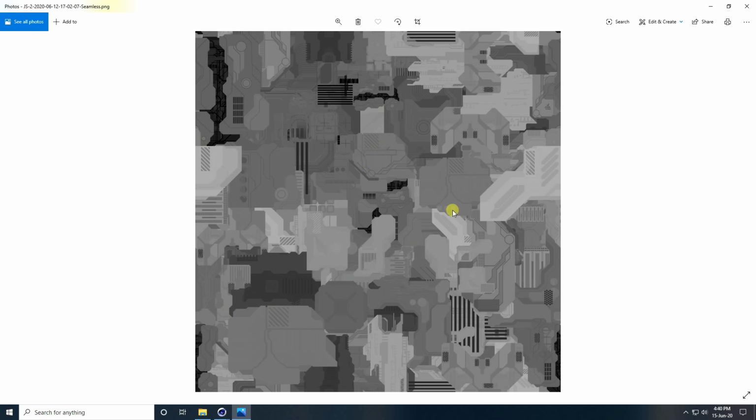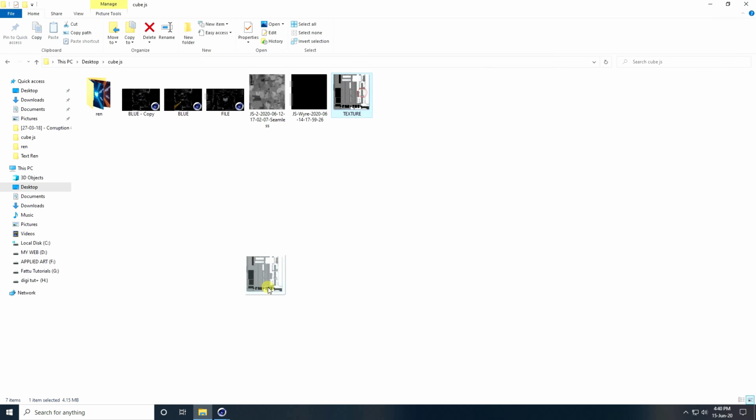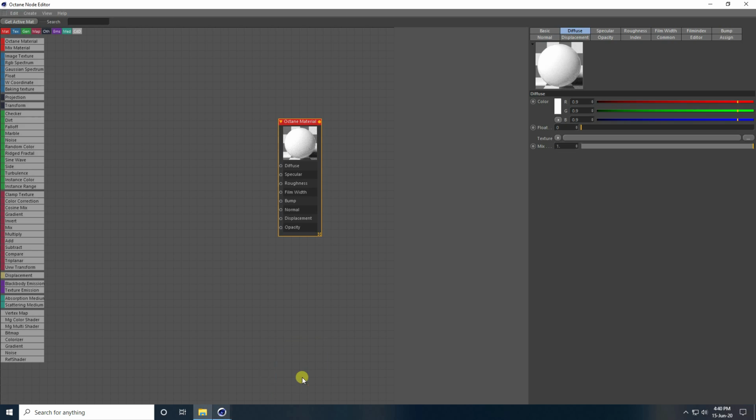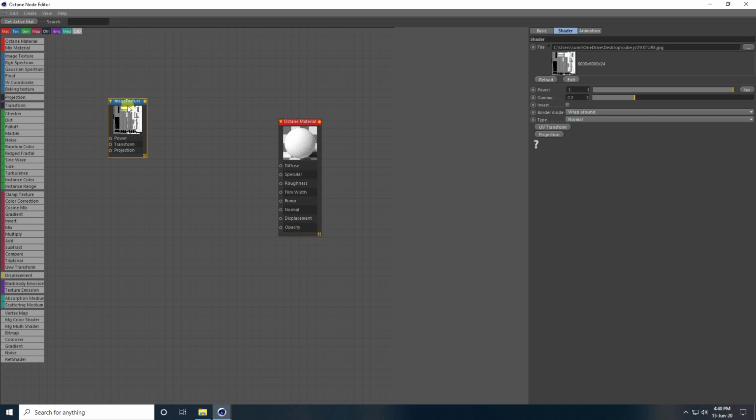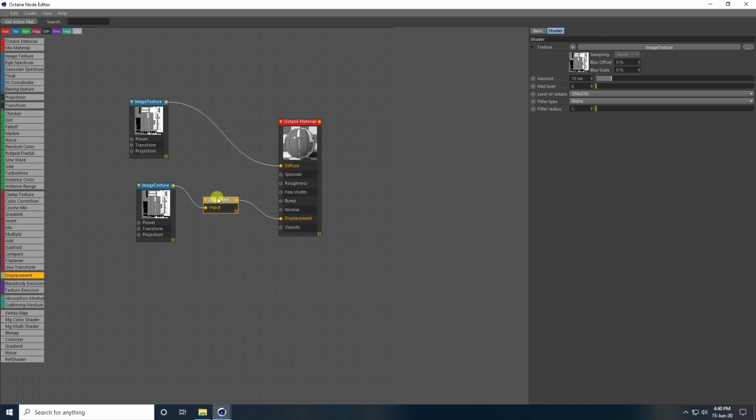And guys, you can also apply a displacement texture like this. Select this texture and drag and drop it in the node editor. Connect it with diffuse, and copy this texture by holding the control key, drag and drop. Use displacement. Select this texture, connect it with input, and connect displacement with displacement. So select this displacement and level of detail. You can take anything. I like this one, simple, and amount I take 5.